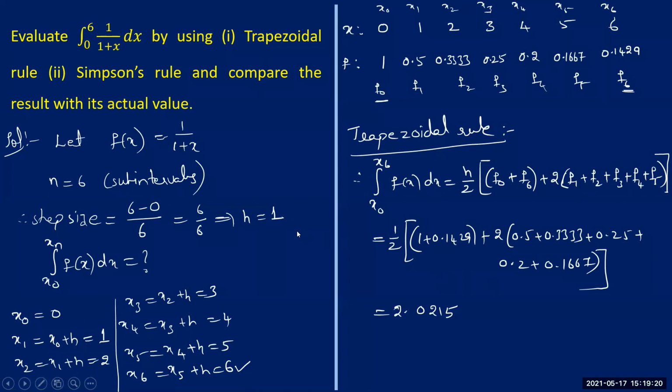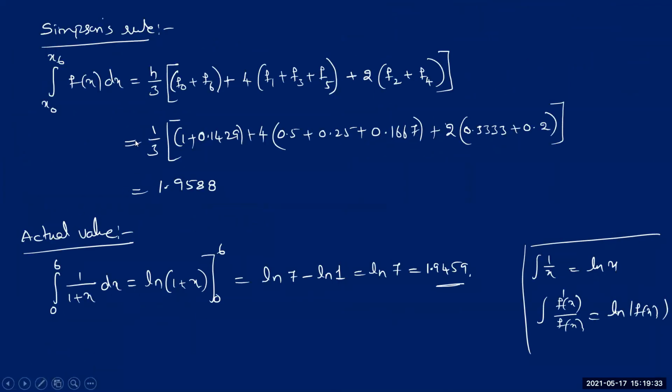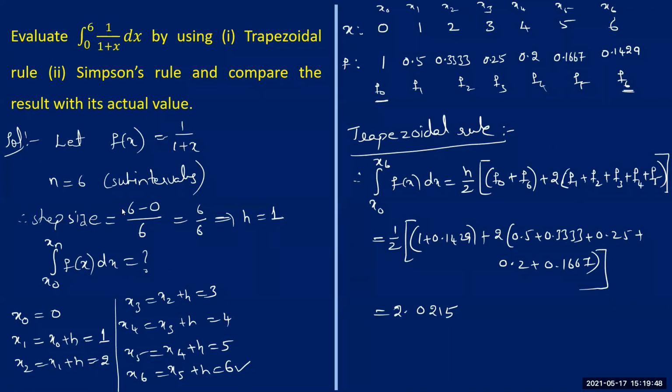And here in this case, actually, let me just add one sentence. You actually considered only 6 subintervals, right? When you consider a larger number of subintervals, for example, if you take 12 subintervals, you will certainly get a better approximation, of course, in both the methods, whether trapezoidal or Simpson's. But if you take more subintervals and continue with Simpson's rule, you will get a value which is very, very near to the actual solution. Right? So anyway, that's how you can integrate this function using these two methods.